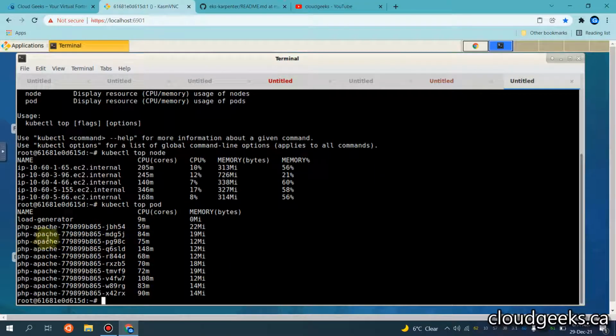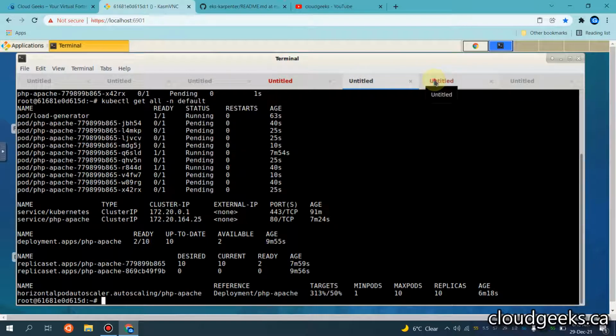You see, this is the PHP Apache and all that stuff provisioned. So let me also show you the other stuff with regard to that, and also see whether our pods are running or not. Let me also navigate to the other tabs.